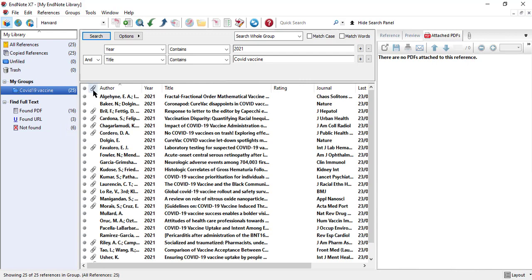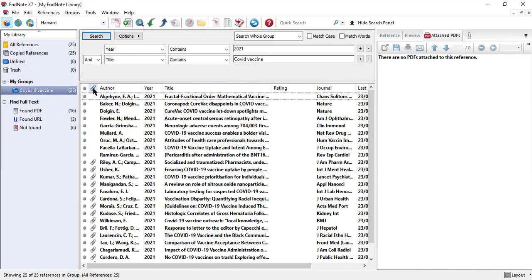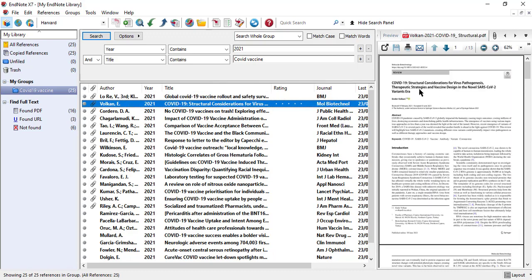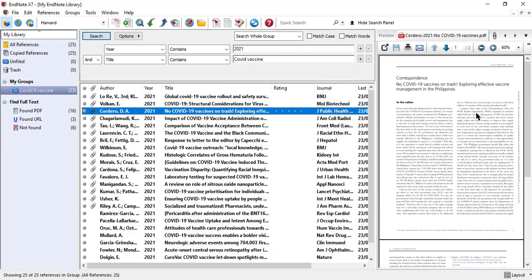So here you can see the sign of this link attachment. Click on this, and these are the first 6 articles which were not having any PDF, and again click on this. These are the 16 articles that were having the PDF, and you can see the PDF on the right side also. I will click on the first article, the PDF is shown here. I will click on the second article, the PDF is shown here. I will click on the third article, the PDF is shown here.